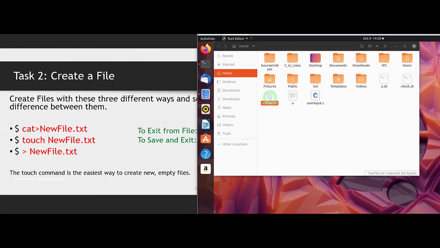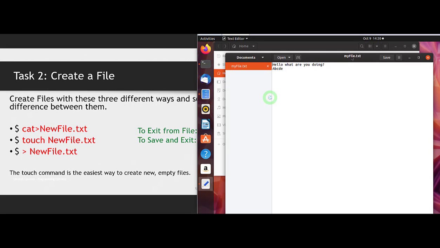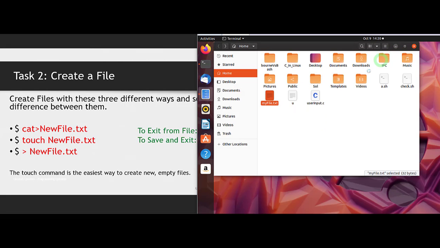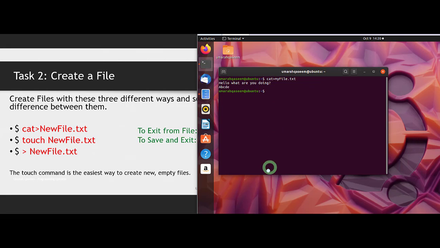Open it up, and you will see once it opens, yes, you can see these are the 2 lines that I saved in it. Close it now, and let's now create another file using the other method, that is